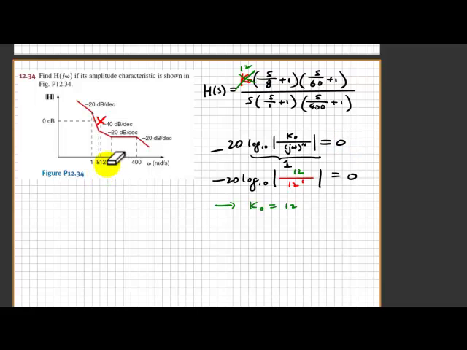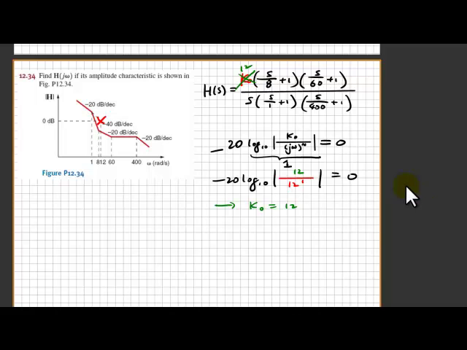Now this is already given to you, 12, so you're going to substitute 12 to the power 1, and you have to ask yourself, what causes the whole thing to equal 1? Because the logarithm of 1 is going to make that 0, in this case it is pretty straightforward. You have k0 over 12, so k0 is equal to 12. So that hopefully will make it clear